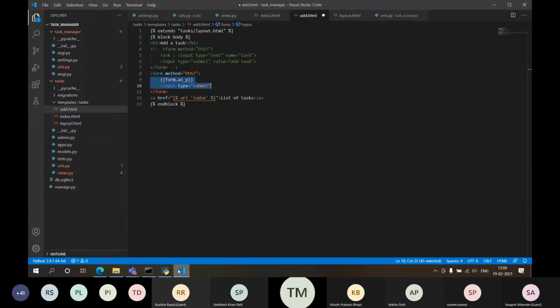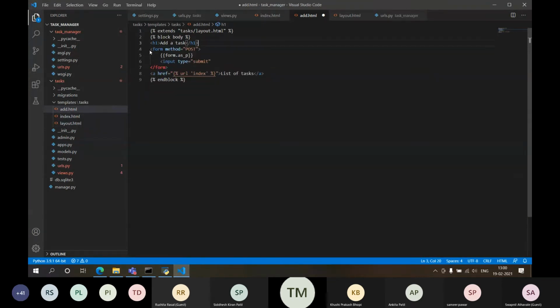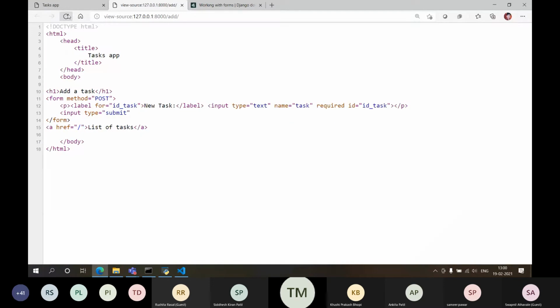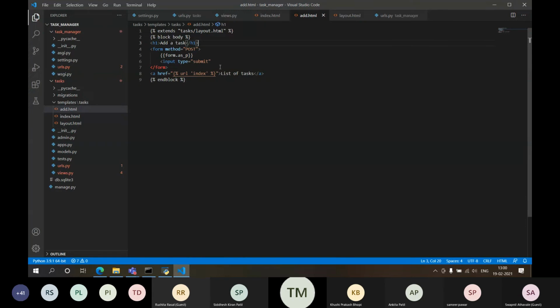This is what we have commented, so that it will minimize our confusion. Right now, I have written a form object and I have mentioned a submit button. I have not completed it. Value equal to add a task. Right? This is what we have done.